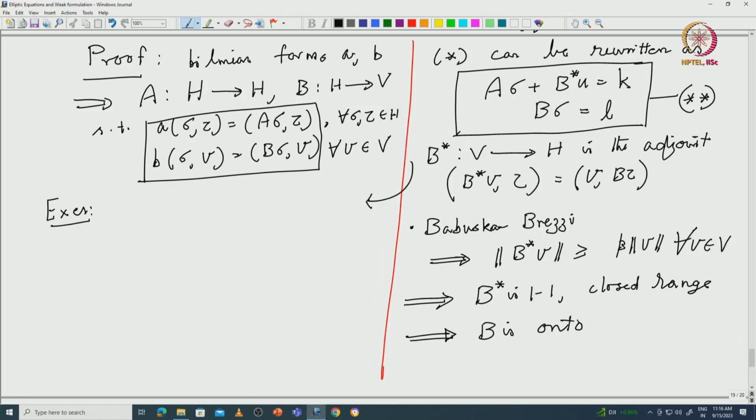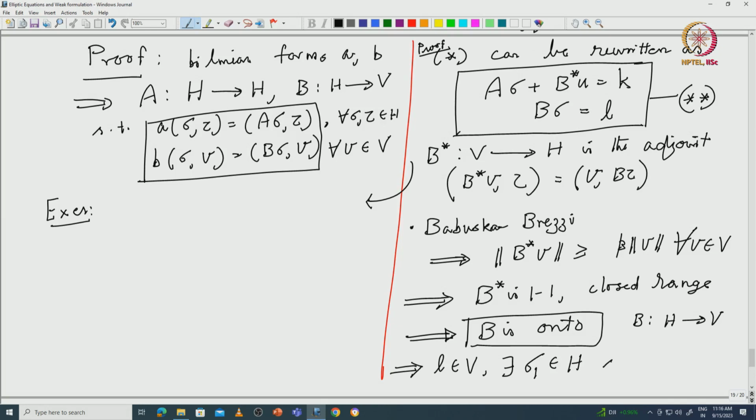So, you see, I am starting my proof from here. Okay. Proof. Not from here. Okay. B is onto. So, that implies immediately for L in V, because B is a mapping from H to V, keep that in mind, for every L in V, there exists, need not be unique now, there exists sigma 1 in H such that B sigma 1 equal to L. Of course, sigma 1 need not be unique,